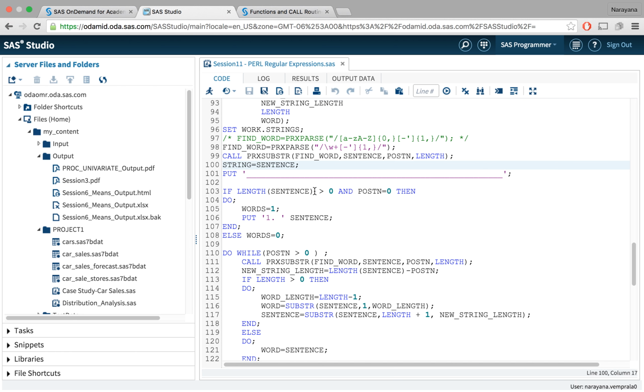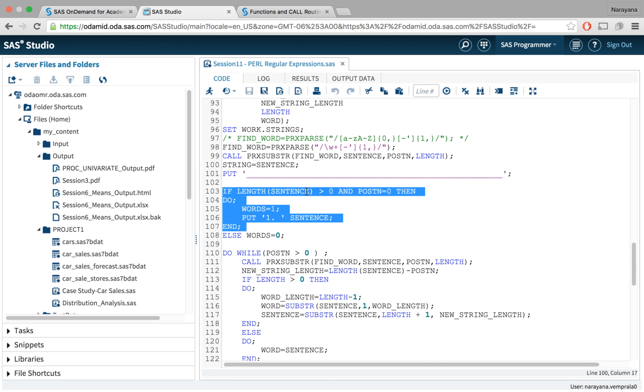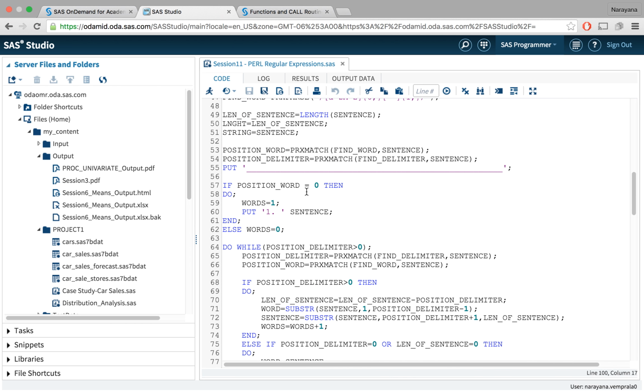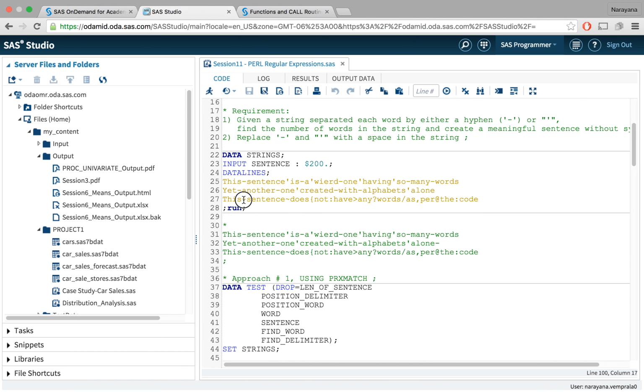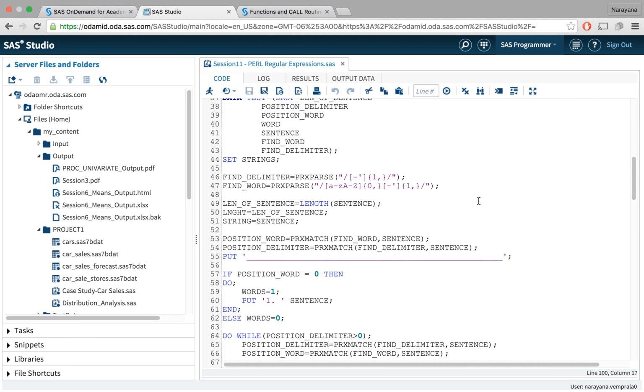So if the length of sentence is 0 and no delimiters are found, that whole sentence itself is going to be a word. So I am displaying this whole sentence. So the third one, in the third sentence, we don't have any hyphens or a single quote. So the entire sentence will be taken as a single word. So for this purpose,